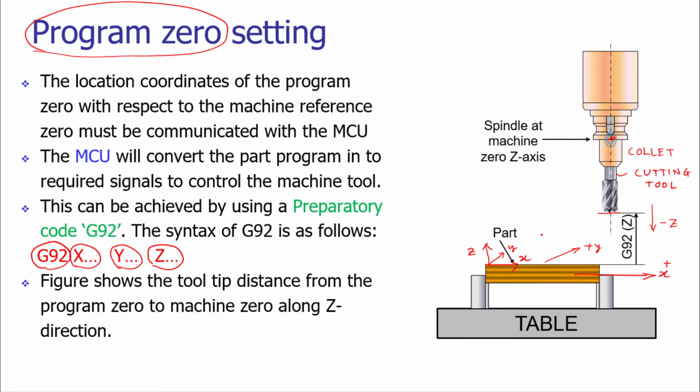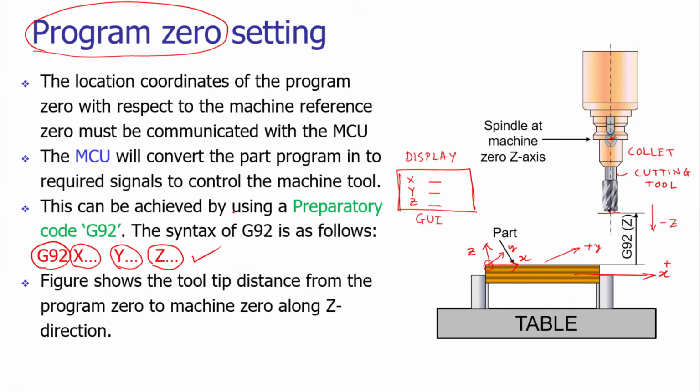So when the tool tip is touching the part 0, whatever values are shown on the display of the machine tool, the machine tool display or the GUI, will give the value of x, y and z. So these are the offset values from the tool tip to the top surface of the part at the origin. So these XYZ values are to be manually recorded, and these XYZ values are to be entered here.